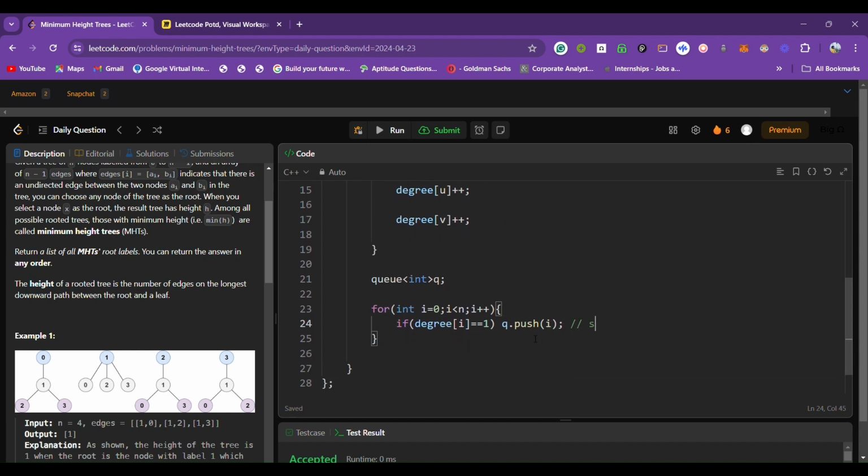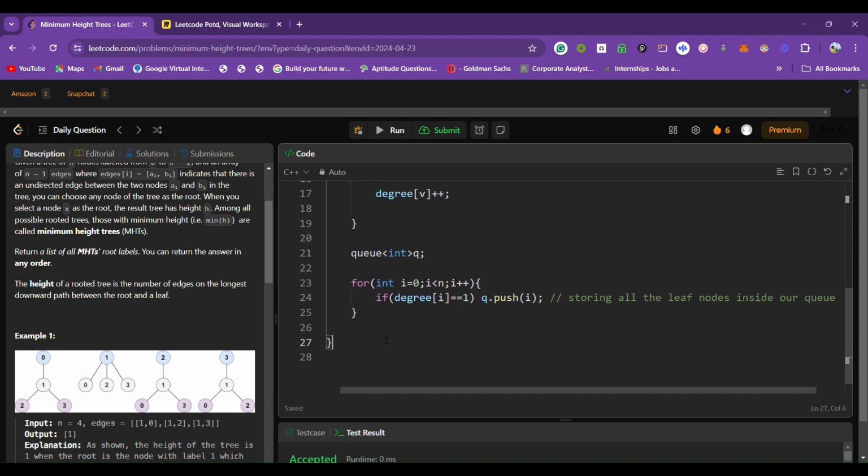So storing all the leaf nodes inside our queue. Okay,